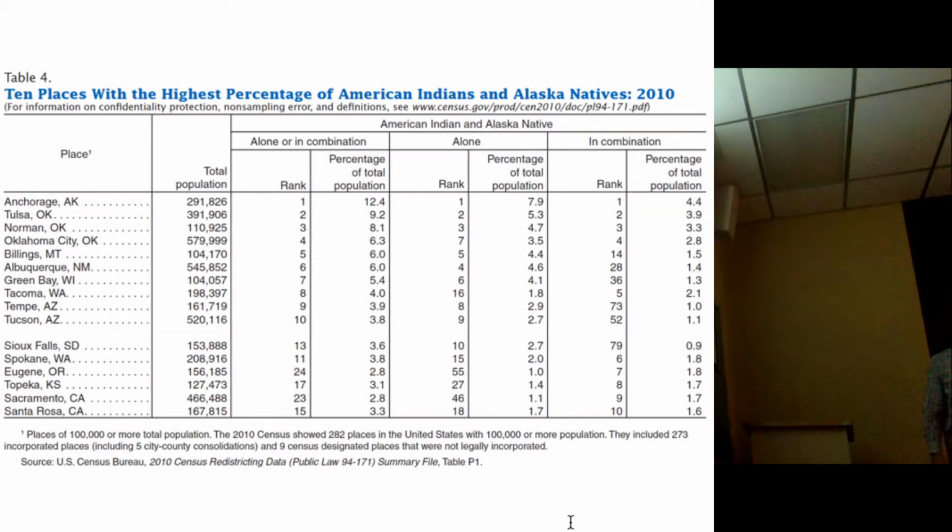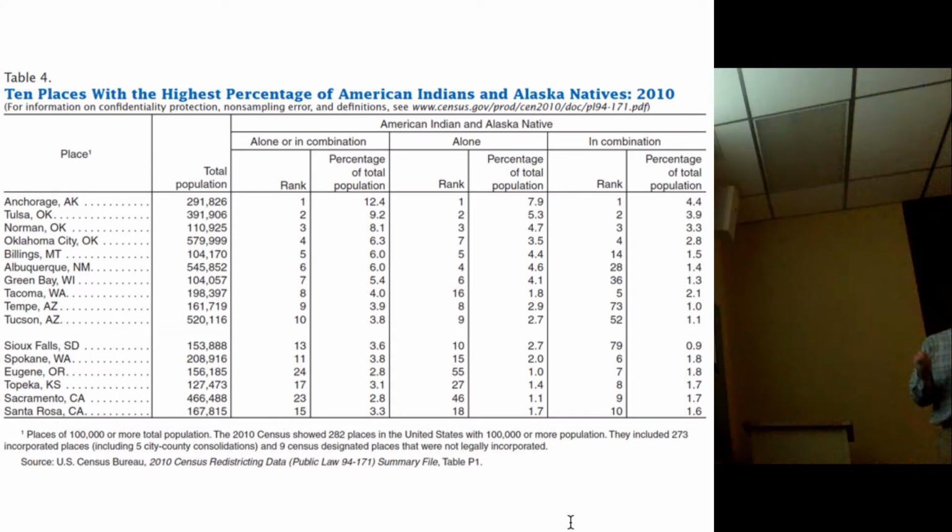Now, if you adjust this to population, what do you find? Well, things get even more interesting if you're from Oklahoma. Anchorage, Alaska is the city that has the largest percentage of American Indian people. Okay. And then you have Tulsa and Norman, Oklahoma City. Okay, kind of cool. Huh? So we have Oklahoma really standing out as urbanized and really suburbanized American Indian populations.